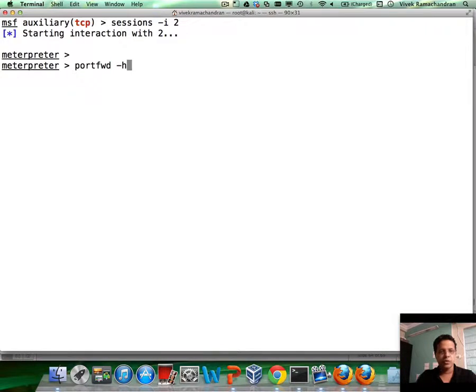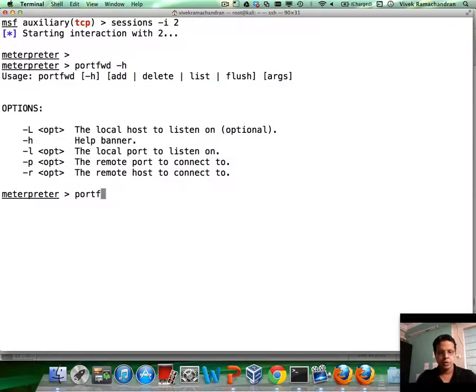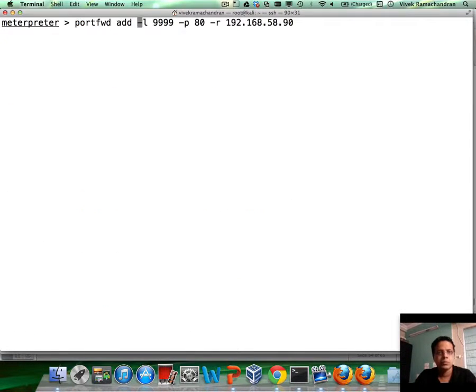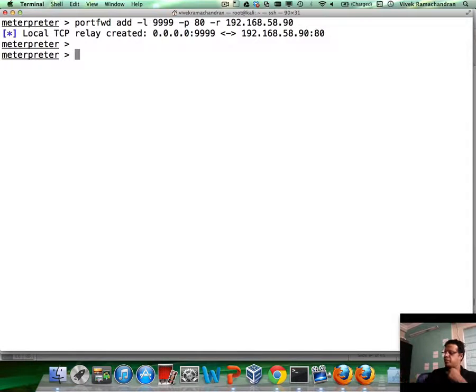So to do that, I'm going to connect back to my session, and port forward -h gives me the options. I'm going to create a port forward. The local listening port is, let's say, 9999, and the remote port, of course, is going to be 80, and the remote IP is going to be 192.168.50.90. I forgot the add statement. Fantastic. Okay, now